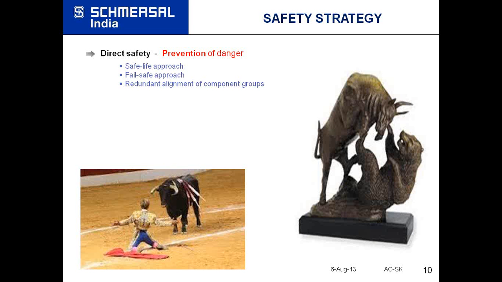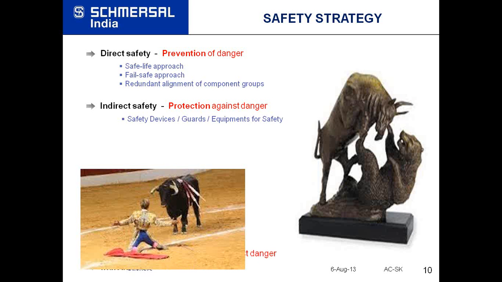And then the second measure should be indirect safety by using different safety devices. Like you use safety devices on a door guard for guard safety, or you use some other equipment for safety from a machine. And the third should be indicative safety, which is by way of stickers or posters or training or something like that. To give you more of an example on these three patterns, I'll give you an example here.